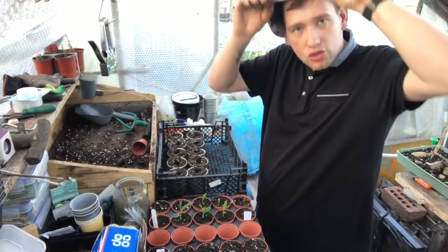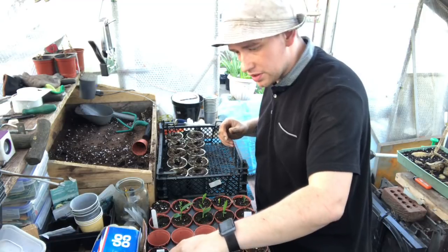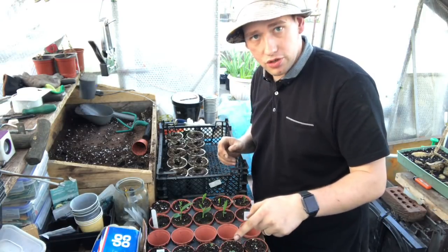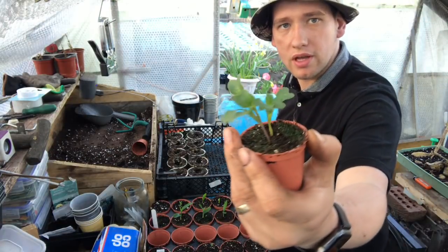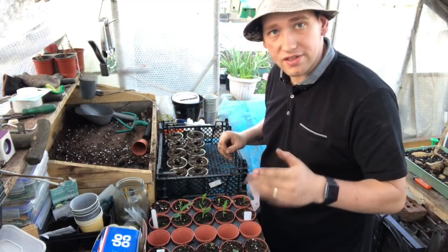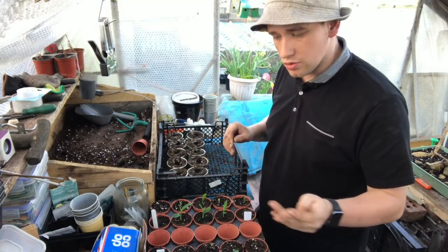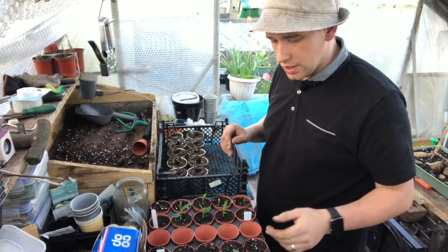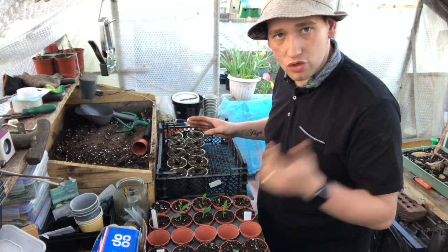Right, I've potted them on, I'll show you afterwards, but just to show you these ones here, I've got some cauliflower snowball. I put these in on the 27th of the 3rd, and of course they're shooting up, so they're a canny size now. I can't find the seed packet for them, so I must have used all of the seeds I had left, so I will be potting every single one of these up. So what I've done, just like I did with the other cabbages, which I'll show you, is